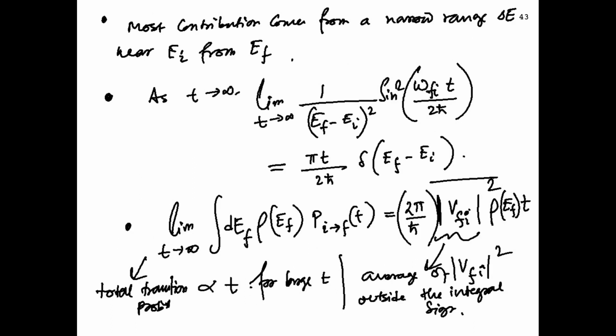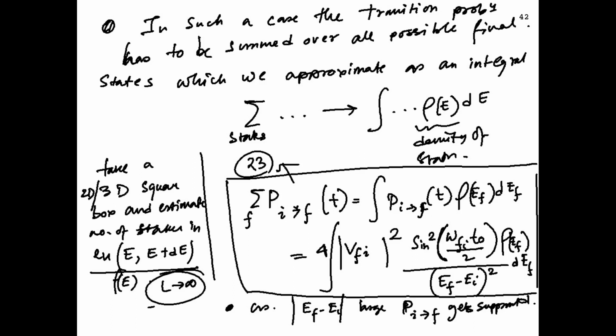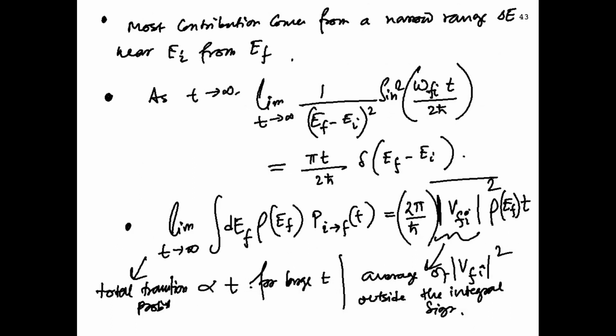Also observe that this integrand doesn't blow up but has a maximum when EI and EF are very close in energy. So it retains the original thing which we learned, that the probability amplitude is highest for an energy-conserving transition, when the initial and final states have the same energy. At t equal to infinity, we can again use the same limit formula and show that it becomes a delta function. So at t equal to infinity, this is how your integral looks, and you can see it is proportional to t with a factor of the density of states at the final energy and the transition amplitude factor.